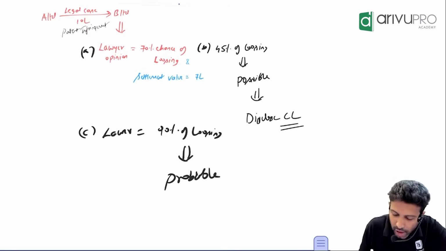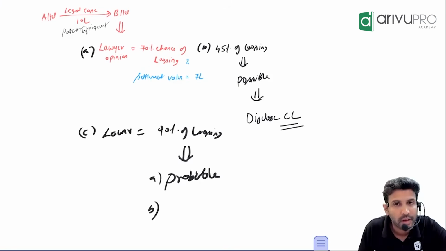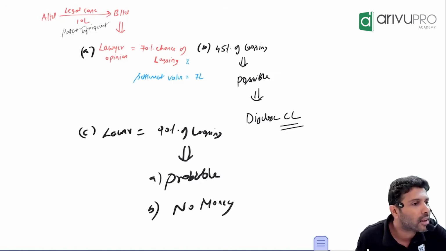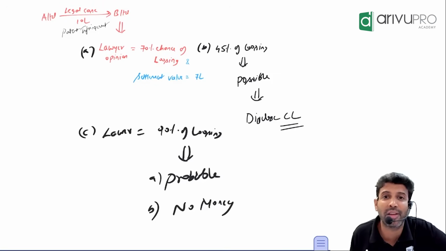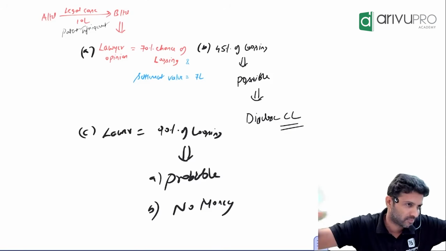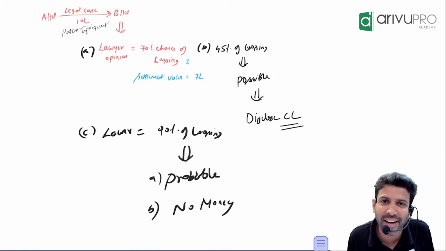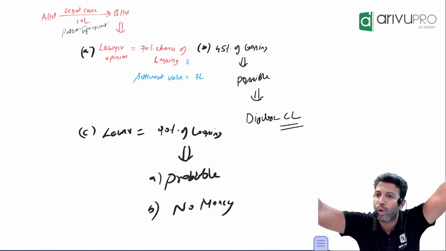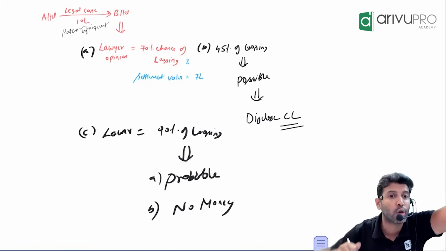Provision. But the lawyer also told, the judge will say no need to pay any money. You know, sometimes the judge will be very, very nice. First time offense, pardoned. First time you have committed a crime, so I am pardoning you. I am letting you go with the penalty or no penalty.